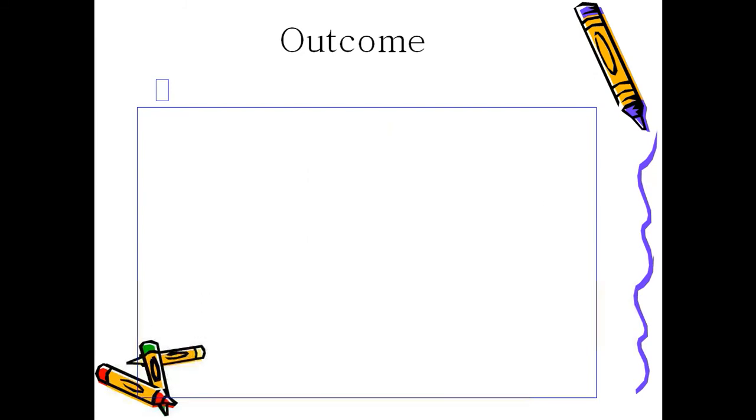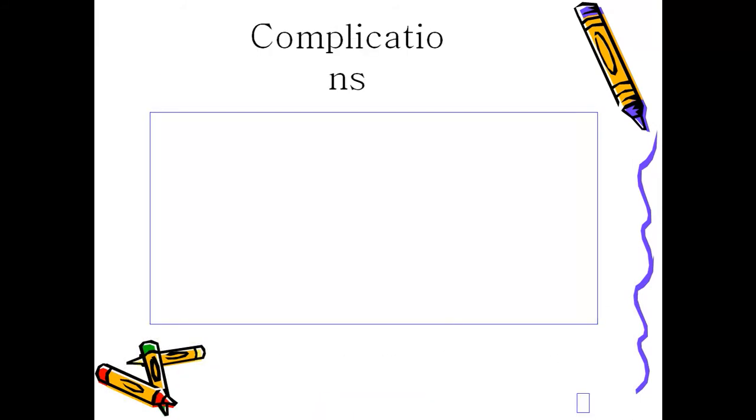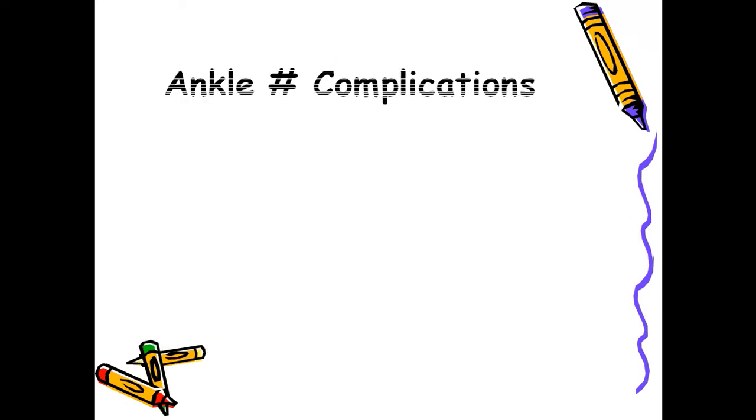So you need to check the outcome: 3 months X-ray, 6 months X-ray, and 1 year X-ray follow-up. The outcome depends on so many factors: type of injury, geometry of the fracture, type of management, and the patient's bone condition and patient habits, alcoholism, smoking, which delay bone healing, all those things.